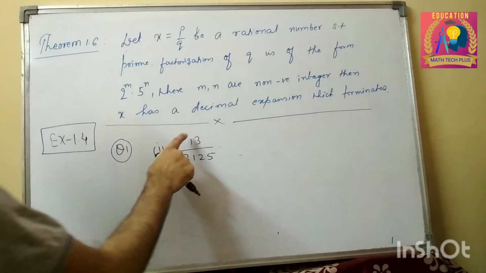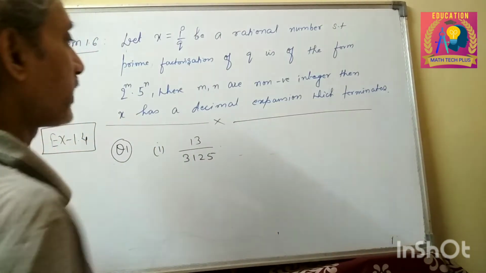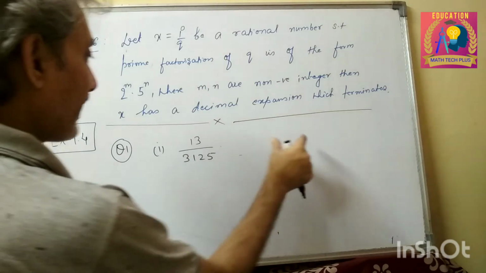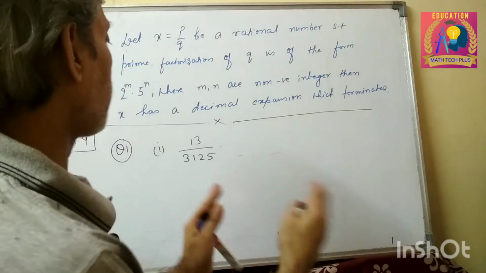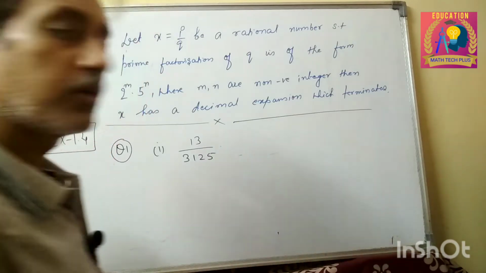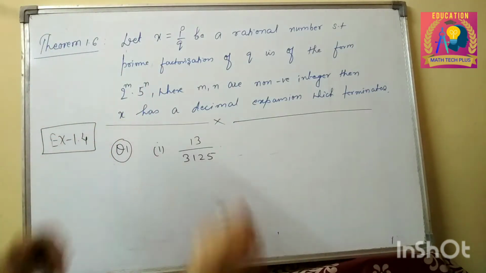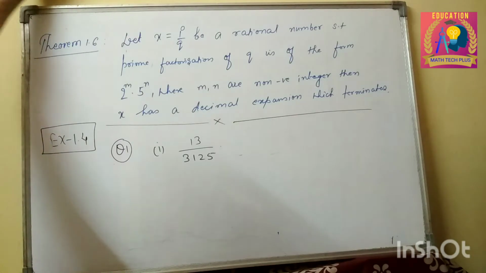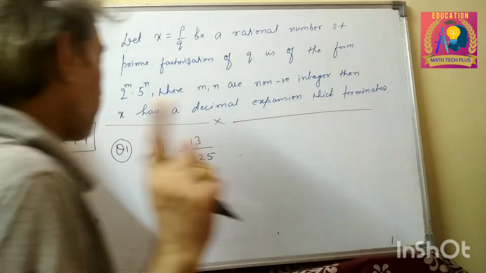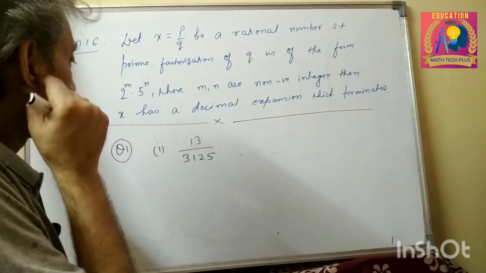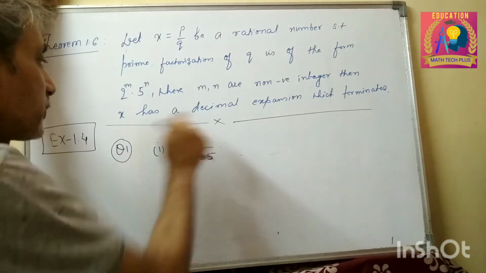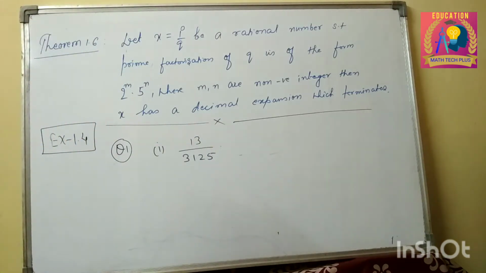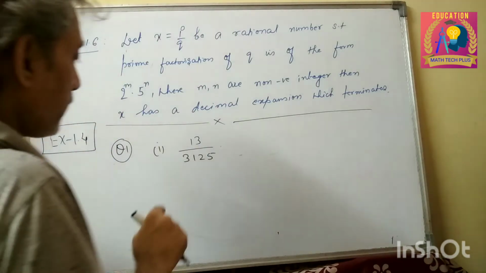कि अगर हम 13 को 3125 से डिवाइड करें तो क्या इसका एंड प्रोसेस इट विल फाइनली एंड आफ्टर सर्टेन नंबर ऑफ स्टेप्स और इट विल नॉट एंड, इट विल कीप ऑन रिपीटिंग. So the first thing you should look for, if there is something common in the numerator as well as in the denominator, तो उसको कैंसिल करना है आपको.